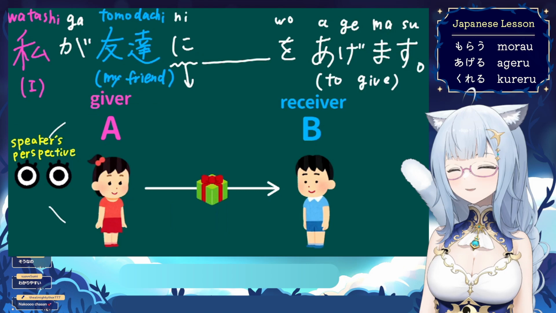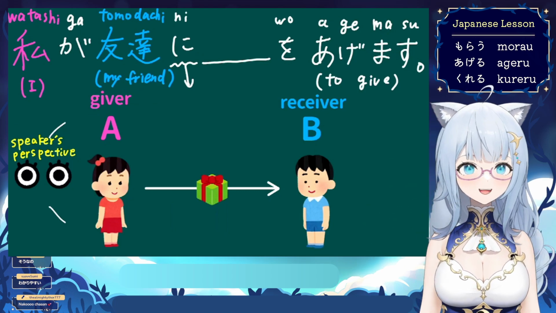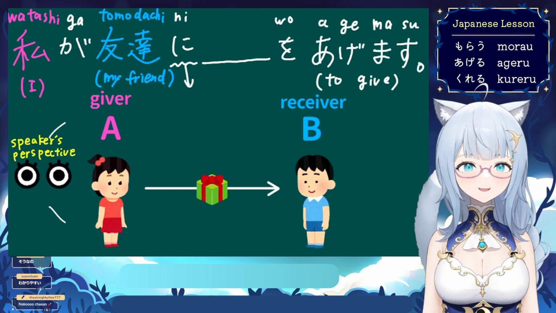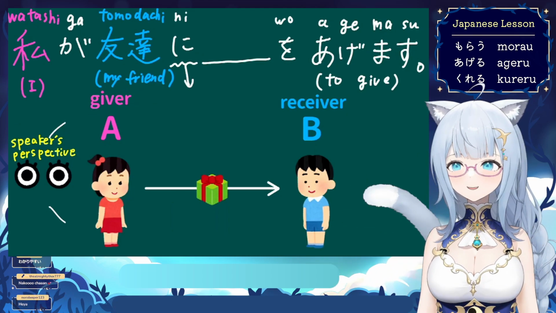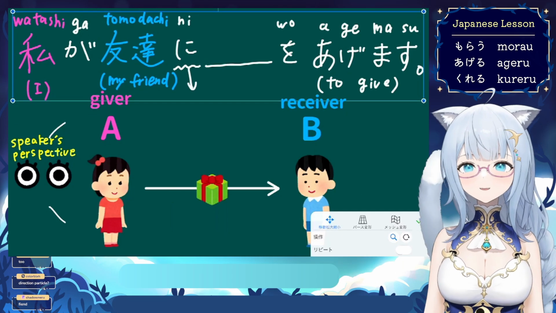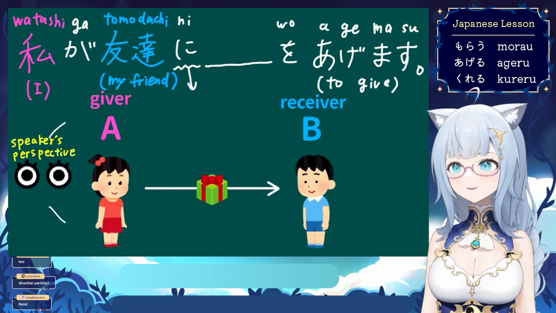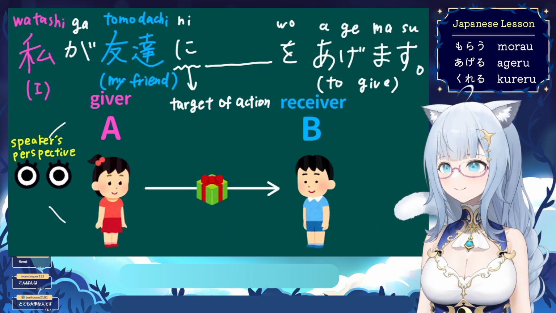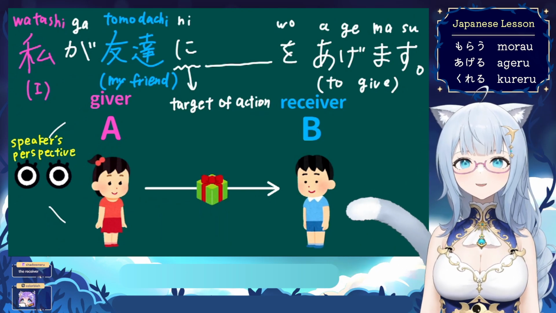What does this particle に mean? What is 友達, guys? In this sentence, 友達 is a target of action. Target of action です。